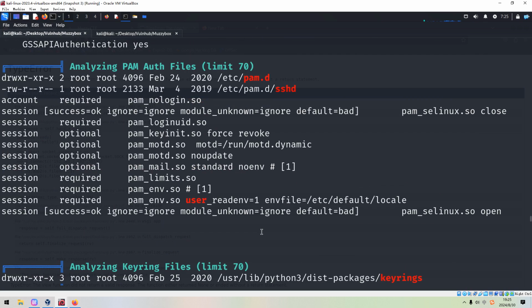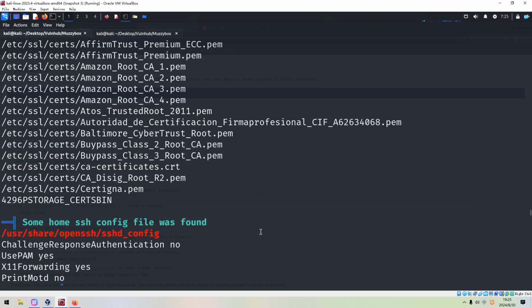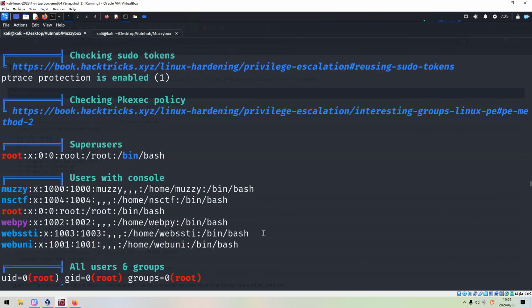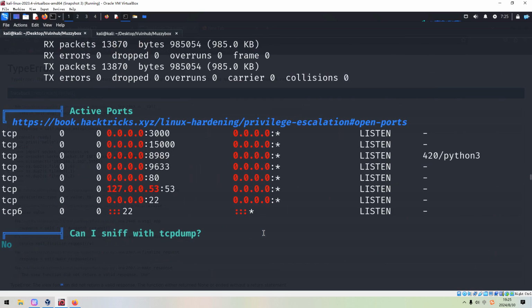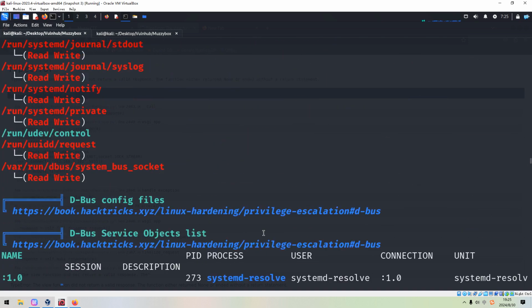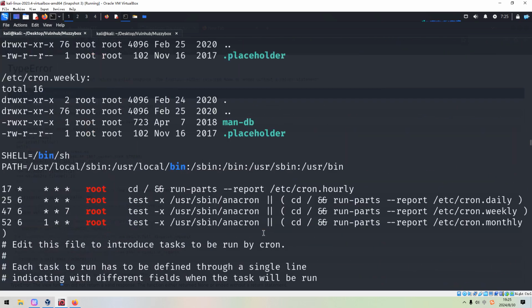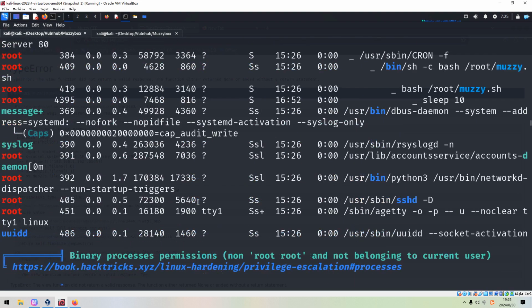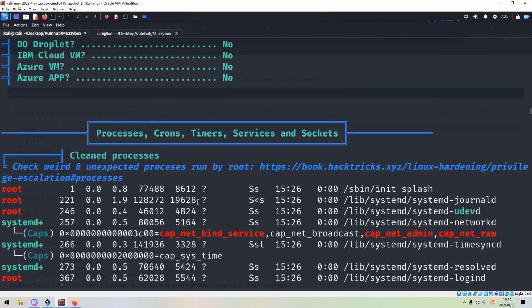But so far, not very hopeful. So WebPy, but this one is not what we want.